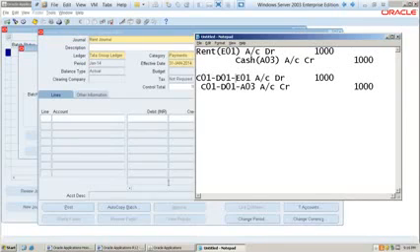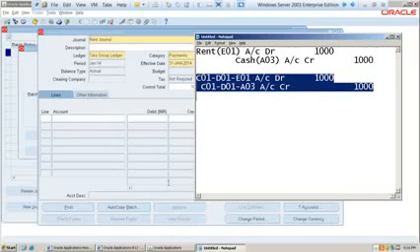This is what you enter in Oracle. E01 is rent, A03 is cash. Rent you pay by cash. Is this clear, gentlemen? Yeah.